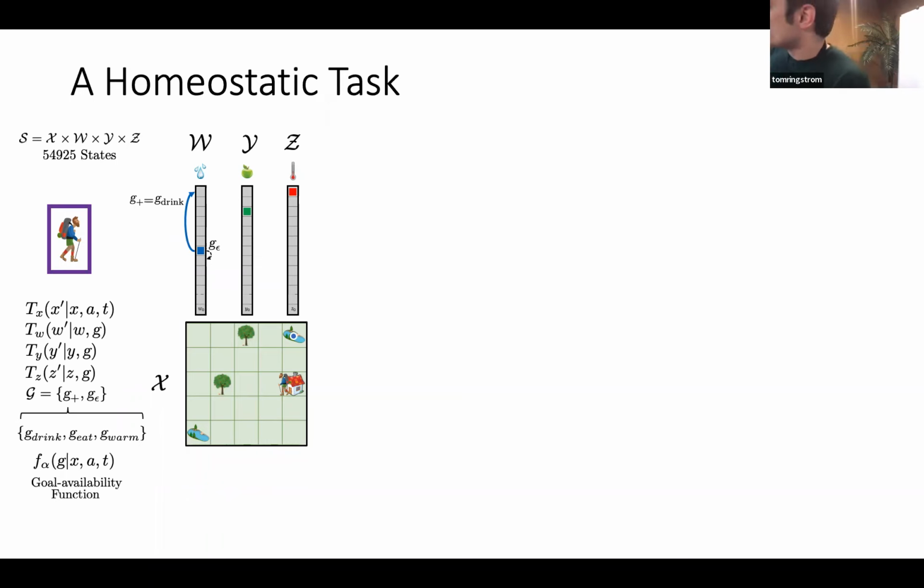And so it's critical to notice that we're really working in a huge product space. So this already, just for the simple example, is about 55,000 states. And if you think about all the state spaces and all the states that you could ever be aware of in your life, it's much worse than this. And it can be a function of time. So how do you deal with complexity like this?